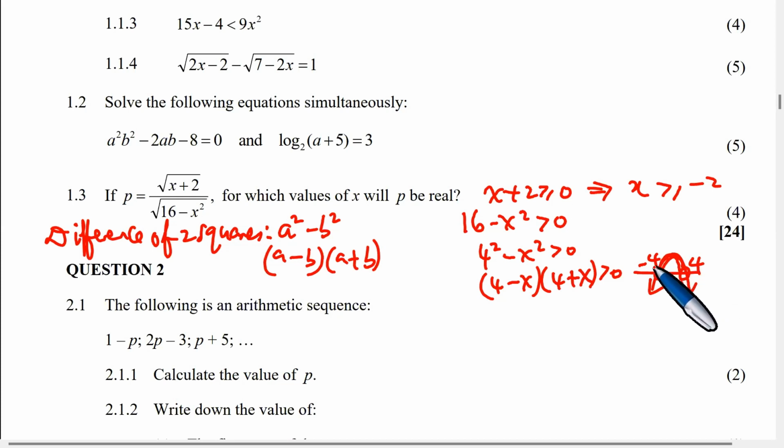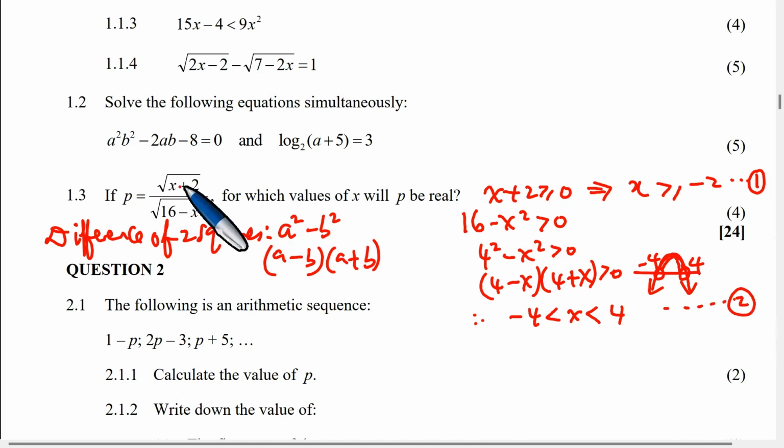So as a consequence, you have -4 is less than x less than 4, because the values of x are actually between those. Giving us inequality 1,